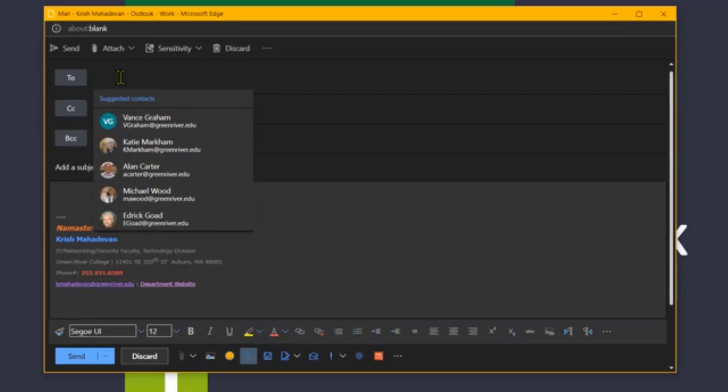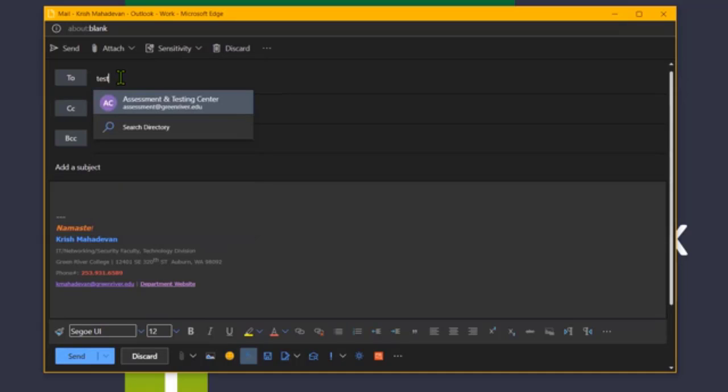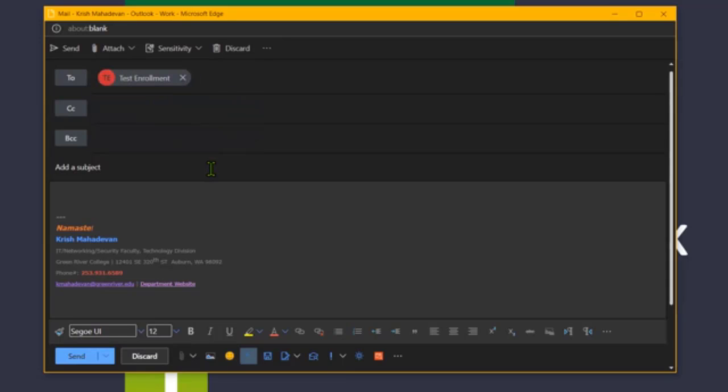For example, I have a test student here called test enrollment, and right there. So whoever the student that you're looking up, just type their first name and last name, and their email address will automatically show up. Then you say you are a rock star. Or whatever your email you want to send, you can do so here.